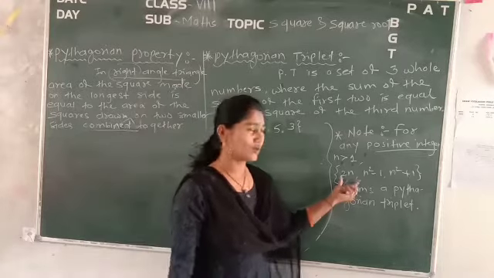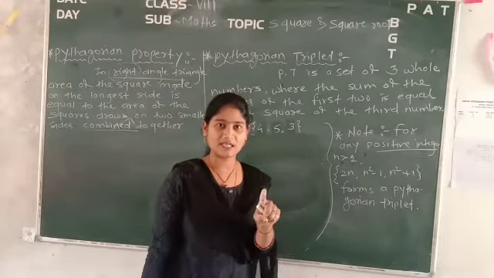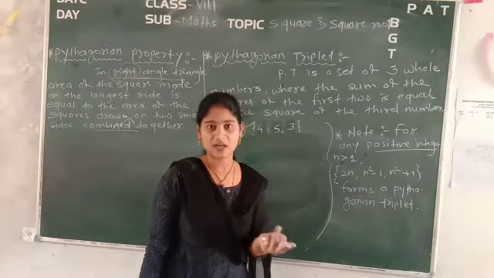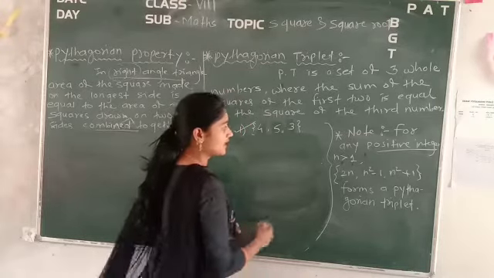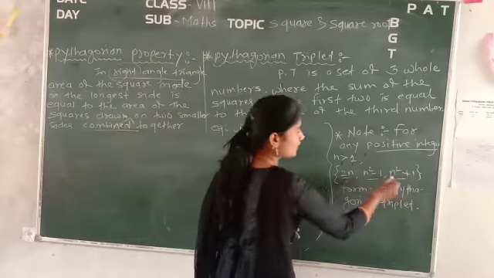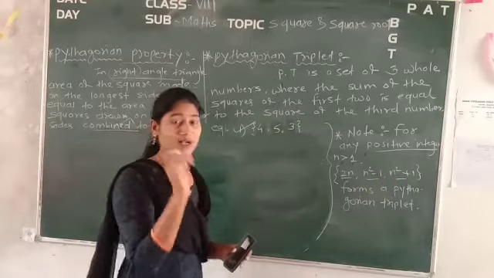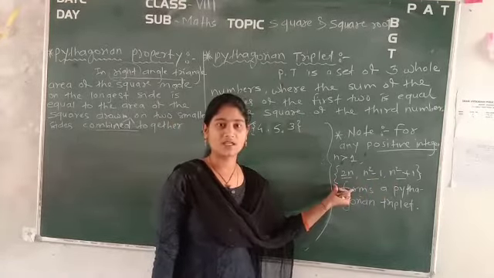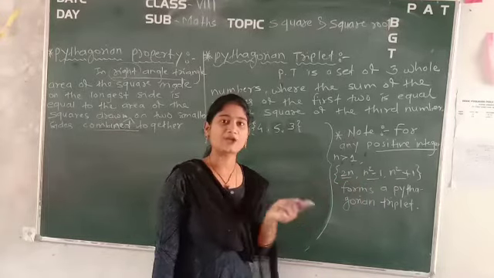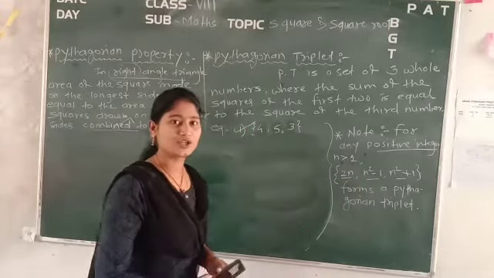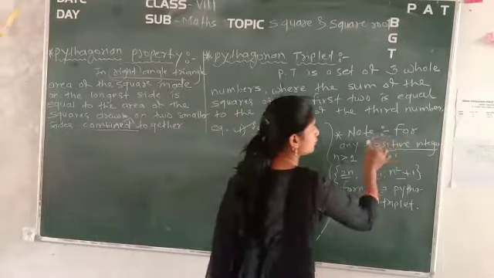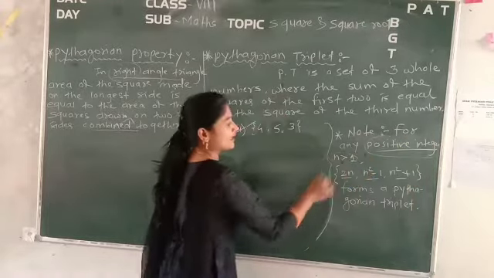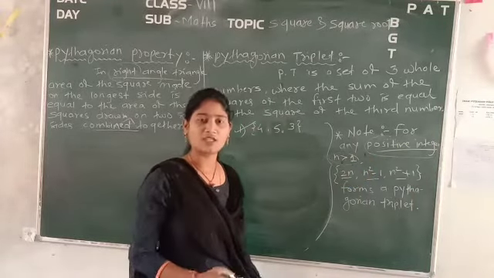So what's the Pythagorean triplet? Generally, if one member is given, you have to find out the other two. So for finding the other two, if one is given, you have to consider the first number from this 3 1. Now it's your choice. You can consider any one, but it should be correct. What condition should it satisfy? You should get the positive integer only. That n should be a positive integer only.